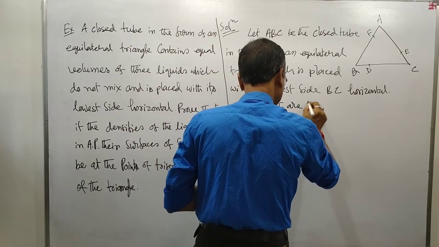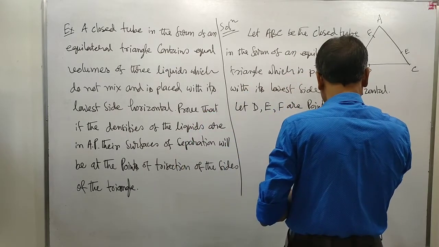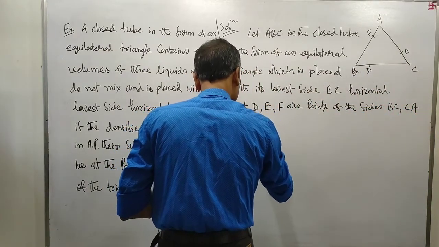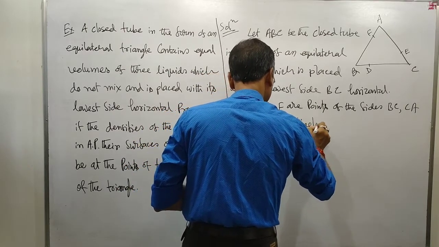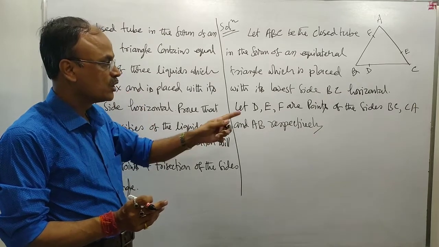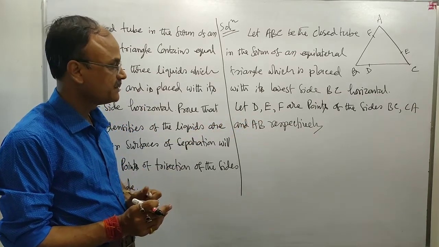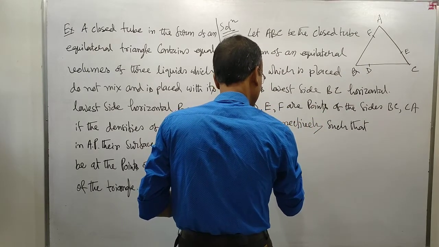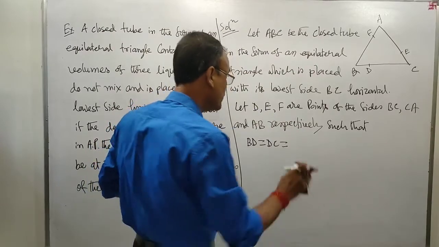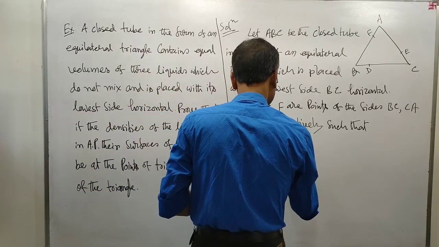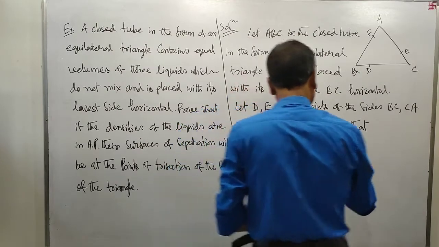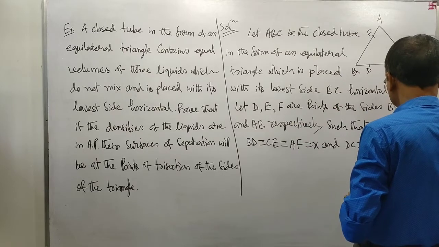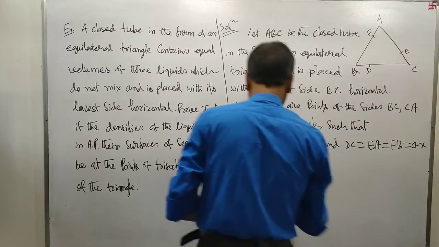Now let D, E, F be the points on the sides BC, CA and AB respectively such that BD equals CE equals AF, which is equal to x, and consequently DC equals EA equals FB, which is equal to a minus x,